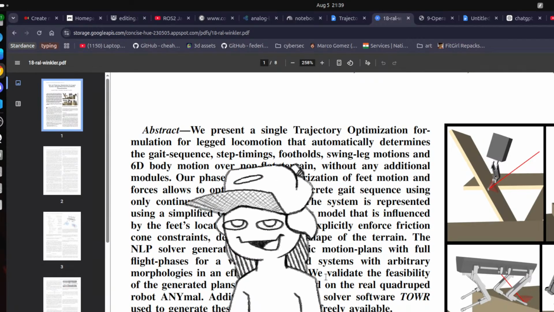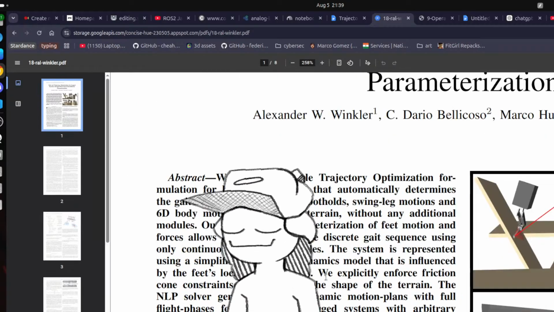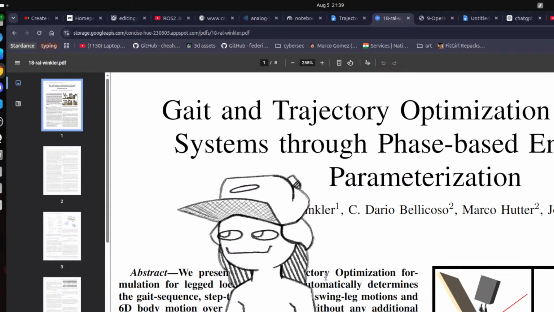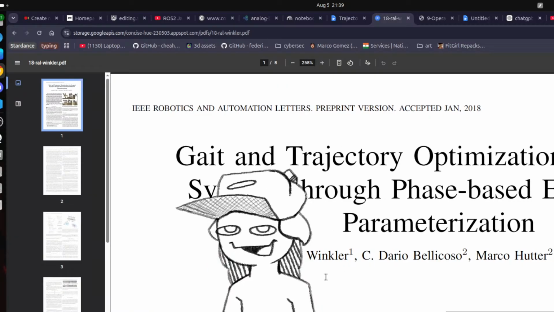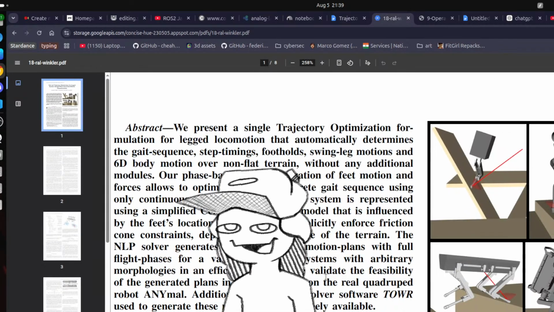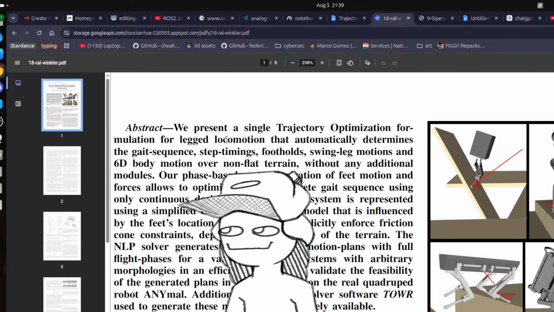That was a huge deal back when the paper was released. This paper was released about 8 years ago, I think, and since then it's been used by a lot of other papers and actual industry standards. So, yeah,